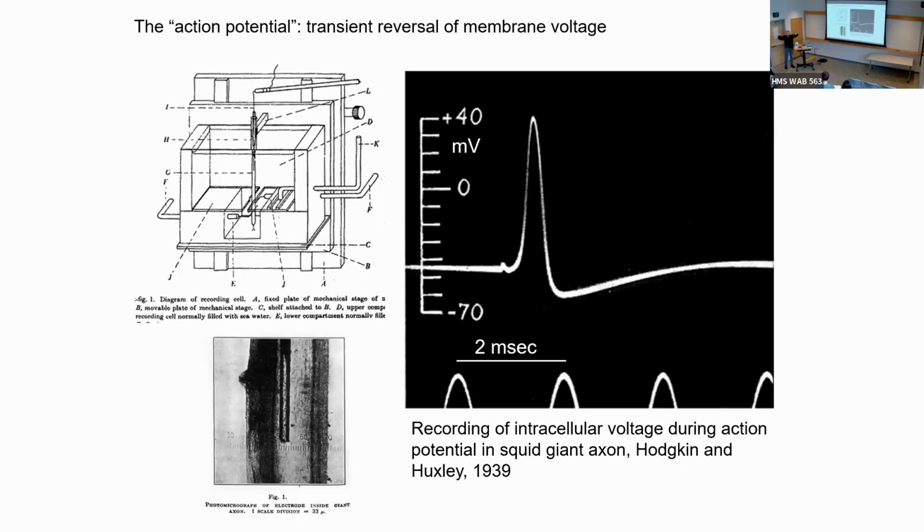And in the early 1900s, people invented, using vacuum tubes, better ways of amplifying voltage signals. And so you could then boost the voltage signals and look at the extracellular voltages with much higher resolution than had been possible before. The oscilloscope was invented, so you could then amplify the extracellular voltage and display it on an oscilloscope. And so there were a whole bunch of labs.